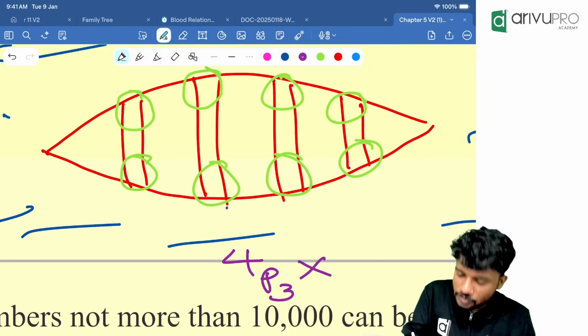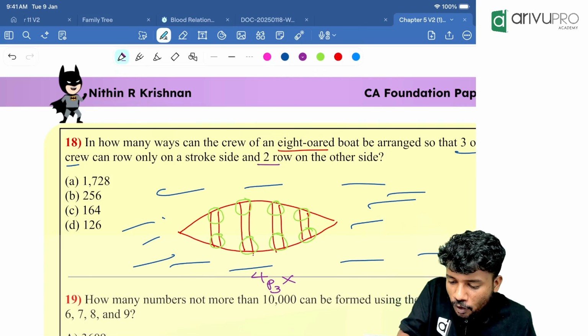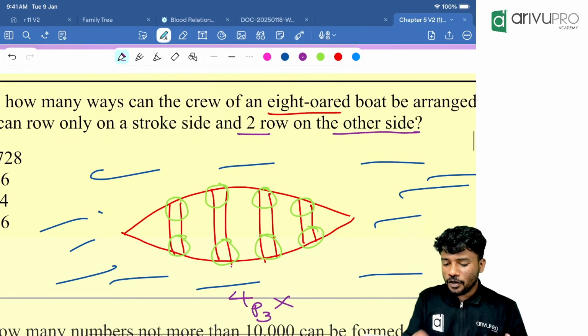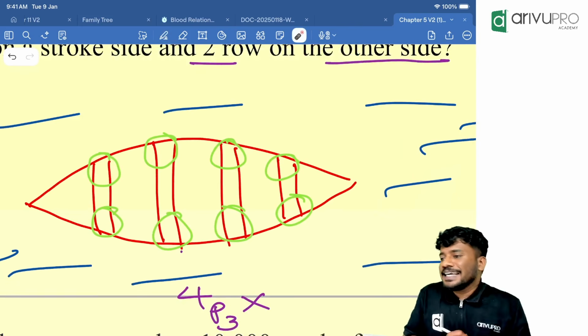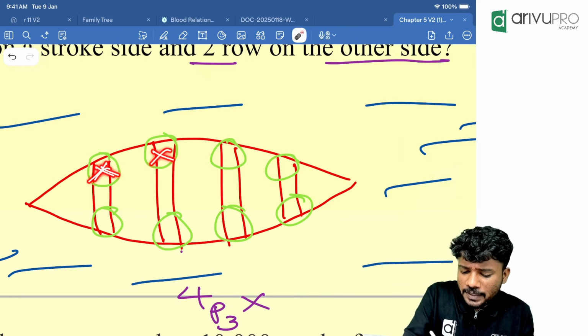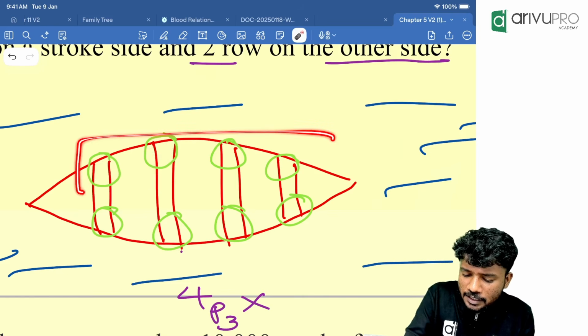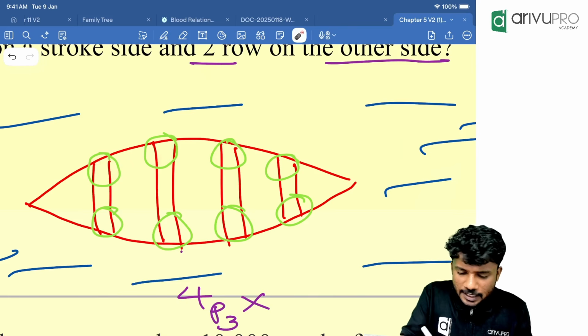4P3 into. Now what is given? 2 people on the other side means 2 people can sit in any of the places on the other side. Not in the remaining places, but on the other side. How many places are there on the other side? 4 vacant places are there, and 2 people are there to sit. That means